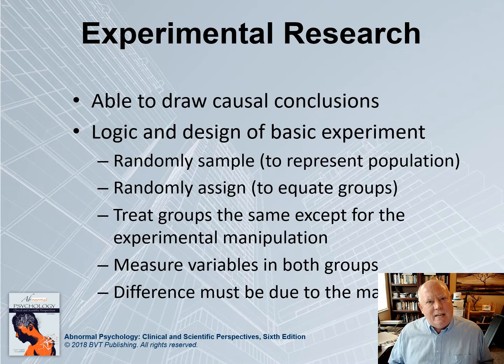And we're going to treat them exactly the same, except for one thing, which we're going to call the independent variable. So perhaps our groups are two groups of 50 people each who are depressed. One group is going to get a treatment, and the other group is not going to get the treatment. So maybe it's a pill designed to reduce the depression. So we treat them exactly alike except for the treatment.